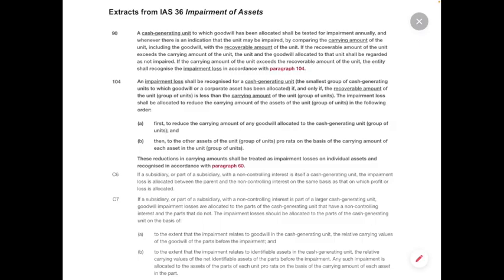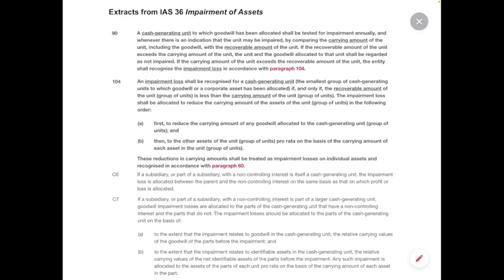Now let's look at paragraph C7. So C7 says that if a subsidiary or part of a subsidiary with a non-controlling interest is part of a larger cash generating unit, goodwill impairment losses are allocated to the parts of the cash generating unit that have a non-controlling interest and the parts that do not. So you're going to allocate it to both parts. Now, the paragraph goes on to say the impairment losses should be allocated to the parts of the cash generating unit on the basis of